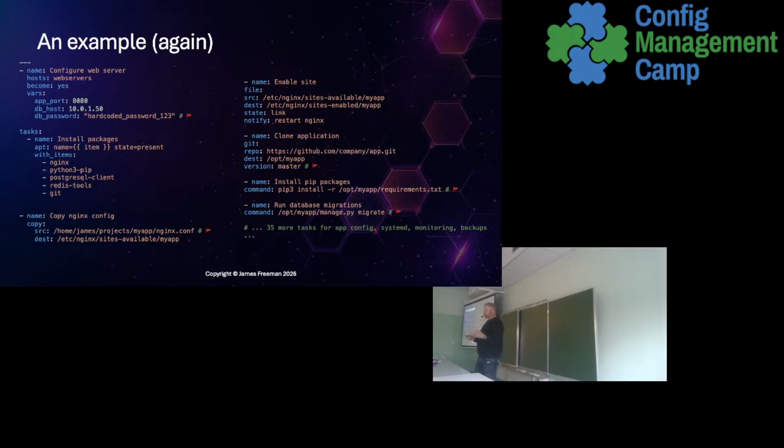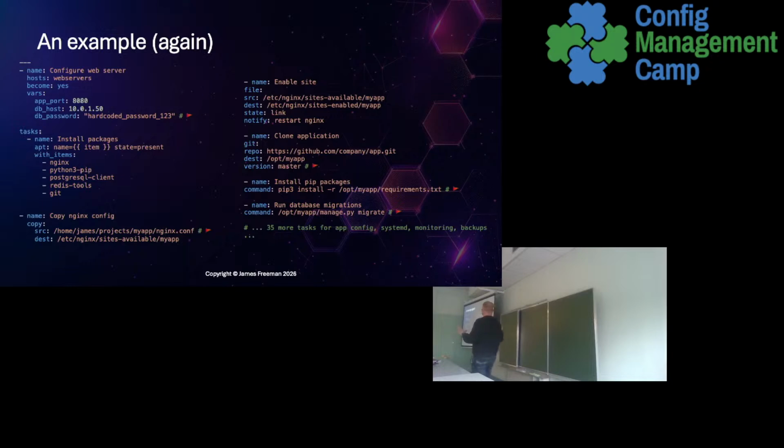So again, we've got an example here. Now, this isn't a terrible piece of code because we've got examples of variables up at the front, but they are hard-coded, including a port for the application and the DB host IP address. Now, we won't even talk about passwords in the clear that are in there today, but the thing is, that's great in one playbook.